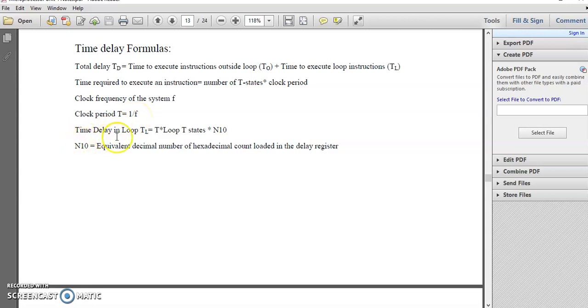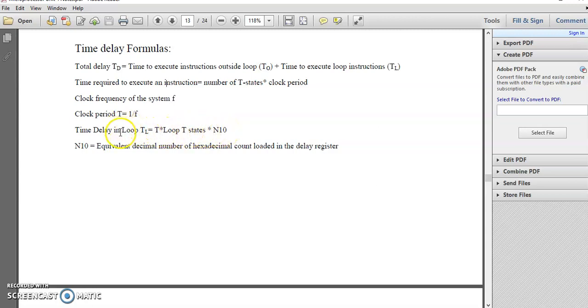And the time delay in the loop, because the loop executes so many times, will be the clock period of the system times the T states required by the instructions inside the loop times N10. What is N10?